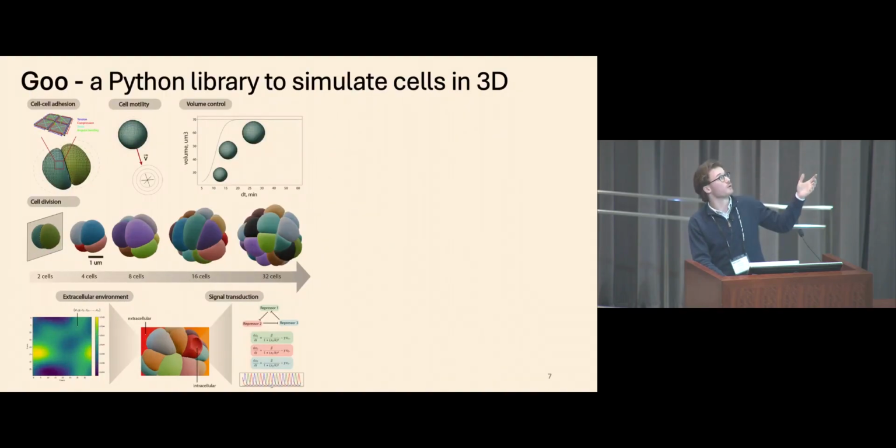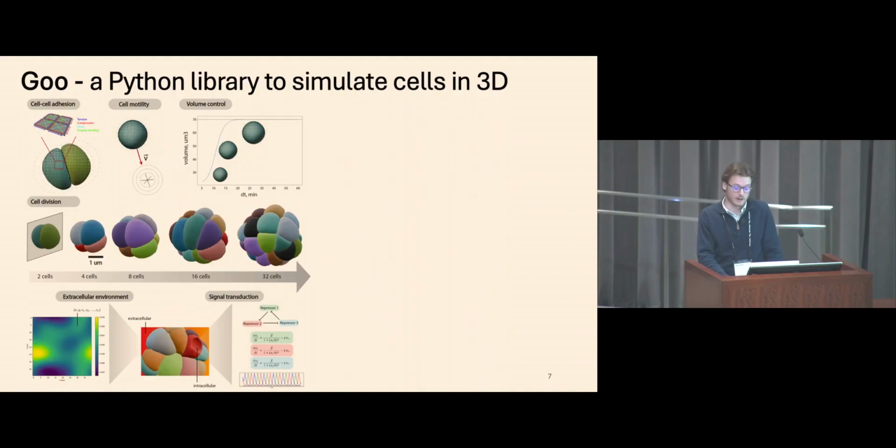All right, so we've developed Goo, which is a Python library to simulate cells in 3D. And it's fully open source. And I just want to introduce here some general concepts we've implemented in this model. A cell in Goo is a soft-shelled mesh that's pressurized with fluid. And the mesh itself can deform, and that deformation is tightly controlled by its surface tension,